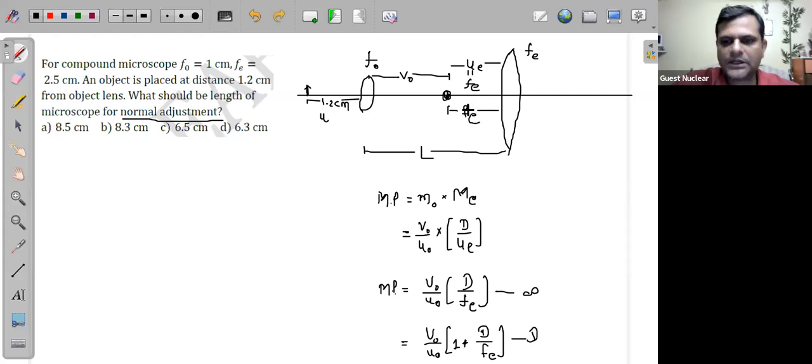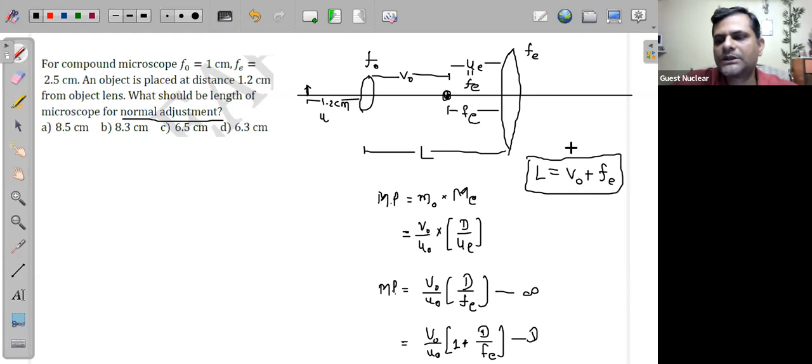ओके, तो FE तो हमको ऑलरेडी दिया हुआ है, बाकी रही बात VO की, तो VO हमको निकालना है। VO can be found out, and once we get this VO, finally we can just use this formula, L is equal to VO plus UE or FE here. Okay, actually it is UE, but since the final image is formed at infinity, that's why the length of telescope is going to be obtained by using this formula, but this VO here is going to be missing, right? So VO is going to be missing. In order to find out this VO,